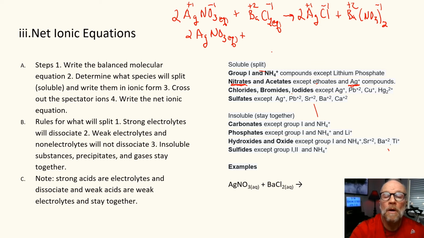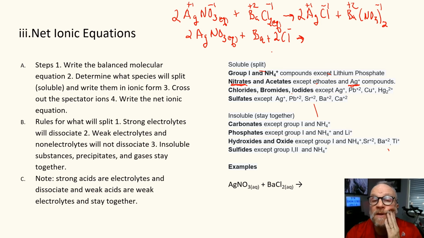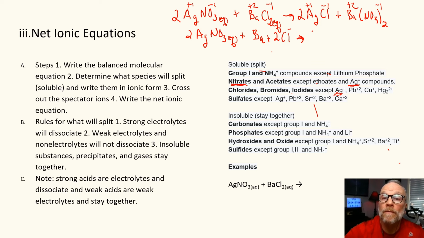Okay. All right, so now the next one is barium chloride. This is chlorides, bromides, iodides, except for silver, lead, copper, and mercury, which split. So it's not one of the exceptions, it's barium, right? And so now we'll write that as ions. It will split apart, okay? So the next one's another chloride, but it is a silver chloride. So silver chlorides stick together. So we have